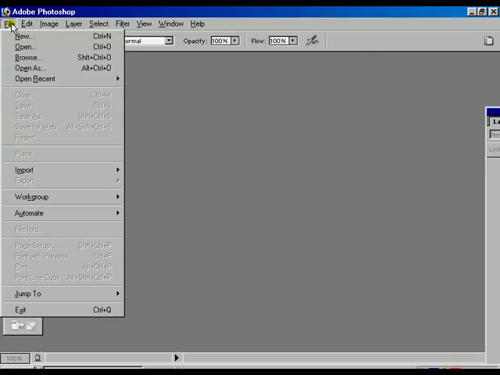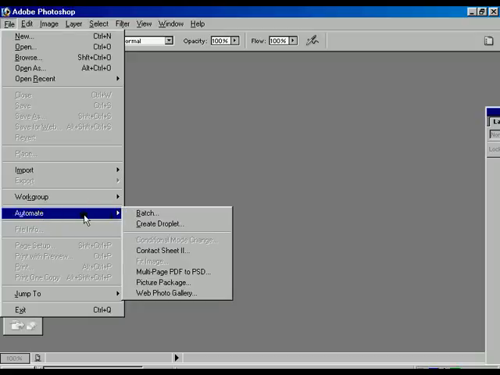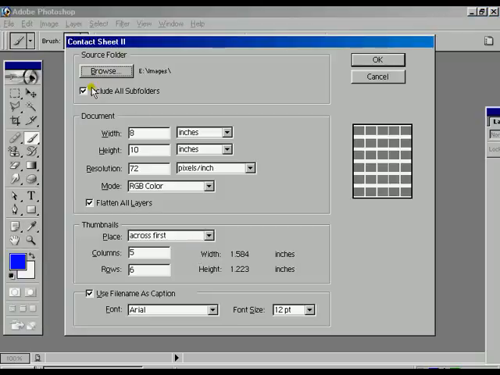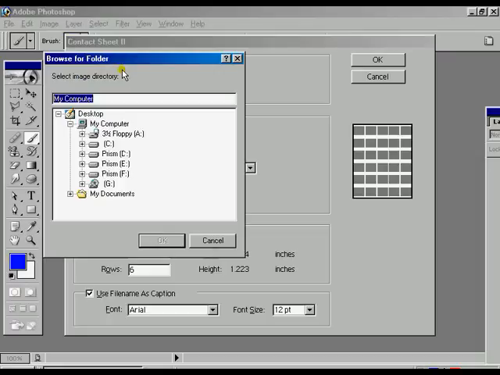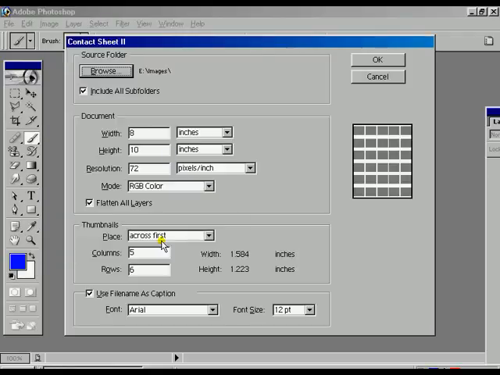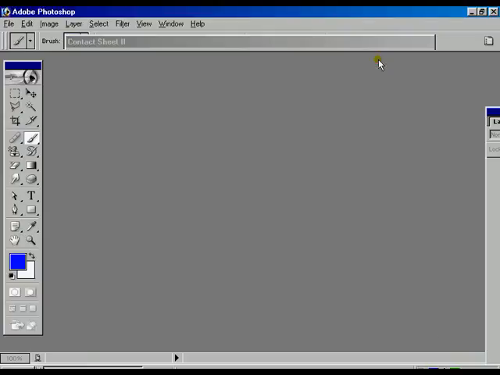So once again, within the file options, we are getting another option which is called the automate option. Within these automate options, you are getting the other option which is called contact sheet 2. Now contact sheet 2 is particularly used to select multiple images at a time within thumbnail views. For that one, the first option is browse, where we can select the directory where the images are, press OK, and then press OK.